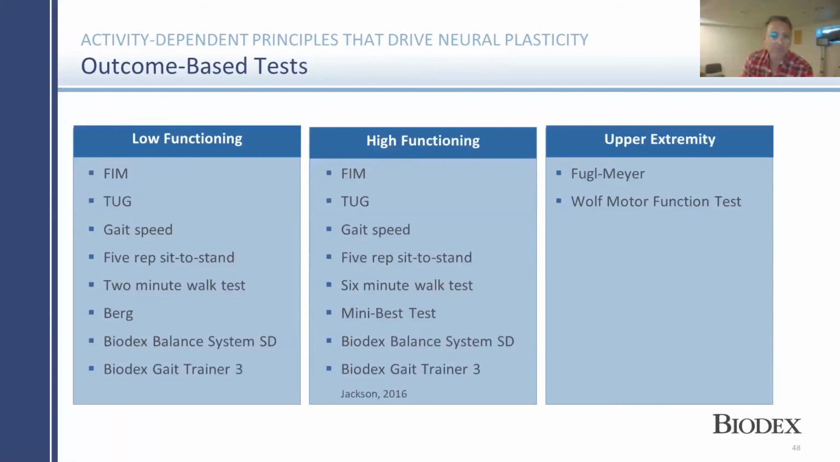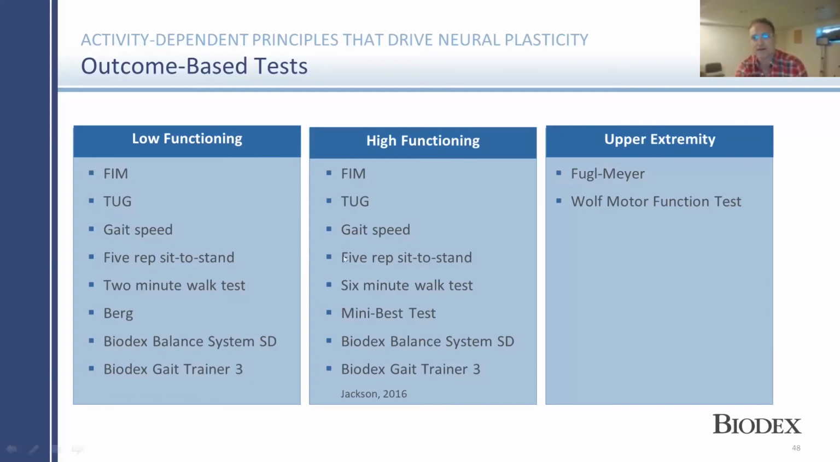Probably all of us at some point have used the FIM 1, 2, 3, 4, 5, 6, 7. There's the TUG, the gait speed, 5 reps sit to stand, 2-minute walk test, Berg. We have a couple of great outcome-based measures on our products, the Bounce and the Gait Trainer 3: high-functioning FIM, TUG, gait speed, same thing. And then over here, specifically for our OT friends out there,